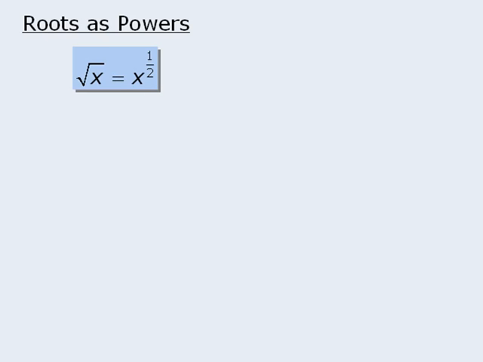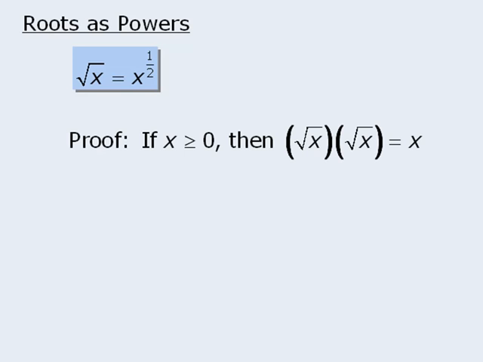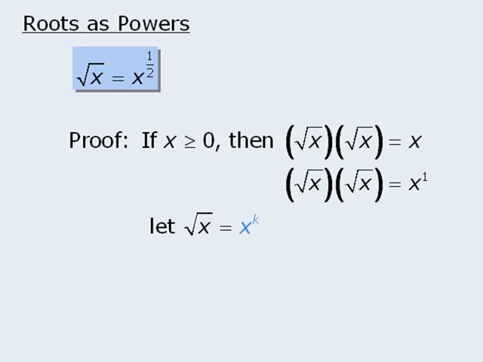Now, at this point, I'd like to talk about the relationship that exists between the roots of numbers and the powers of numbers. I will begin by stating that the square root of x is equal to x to the power of 1/2. To prove this, we can use the fact that if x is greater than or equal to 0, then the square root of x times the square root of x is equal to x. To begin, let's rewrite the right-hand side as x to the power of 1. Now, to prove that the square root of x is equal to x to the power of 1/2, we can let the square root of x equal x to the power of k, and then prove that k must equal